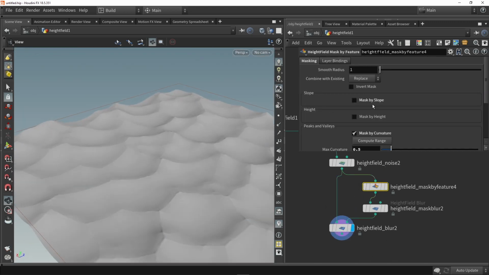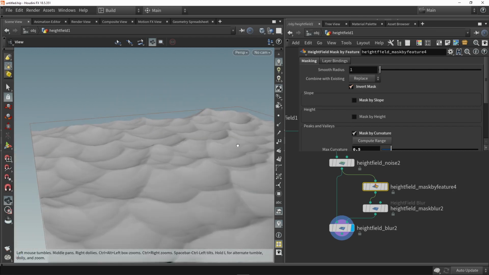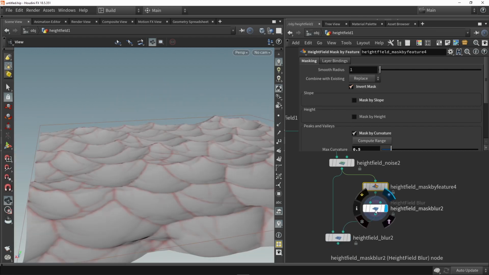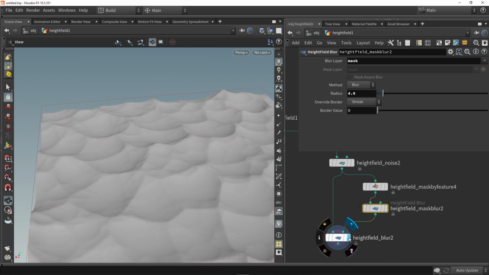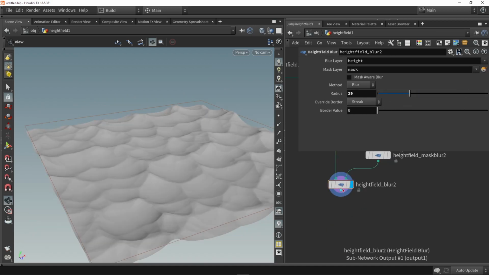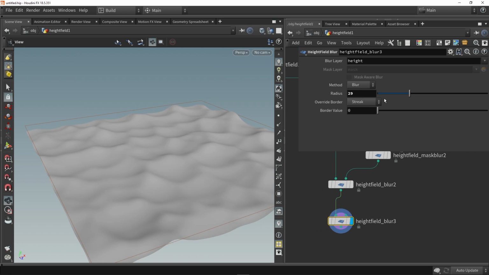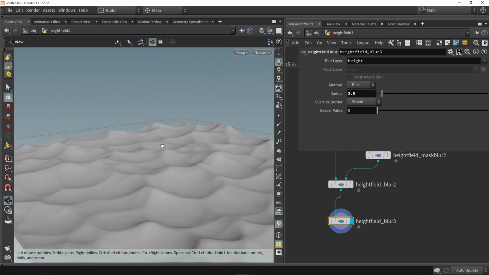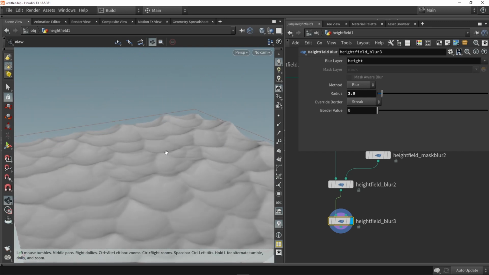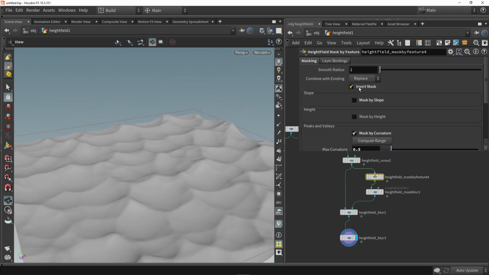Or we can here, of course, invert the mask. And then we have these peaks. And then we can have this really specific blur there on the sharper edges. So then after that, let's do a normal blur. And this one is just a bit subtle, so just to keep it like this, so maybe 3 should be okay. And this might give me still the opportunity to choose if I want to invert the mask or not,